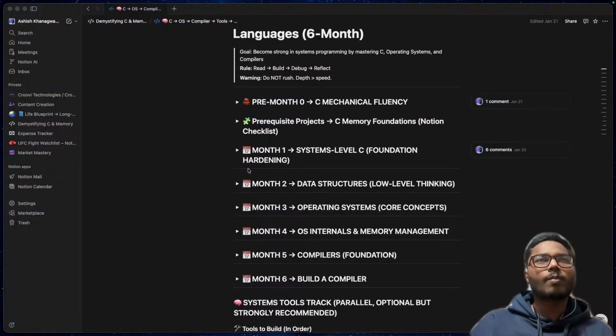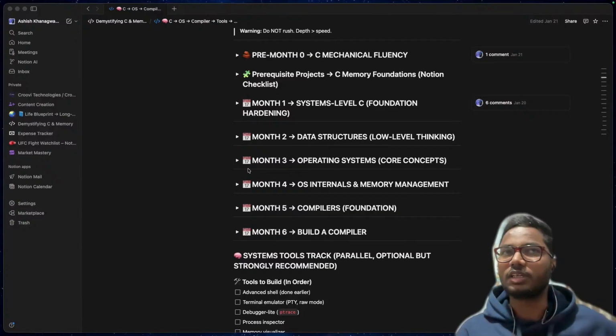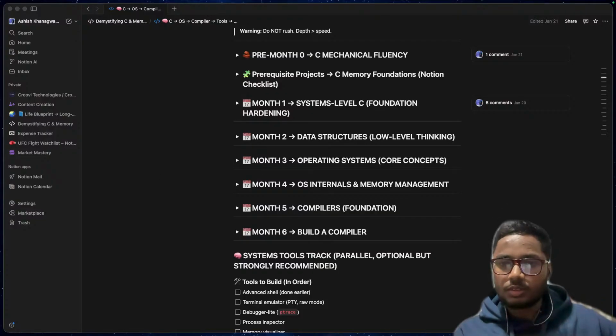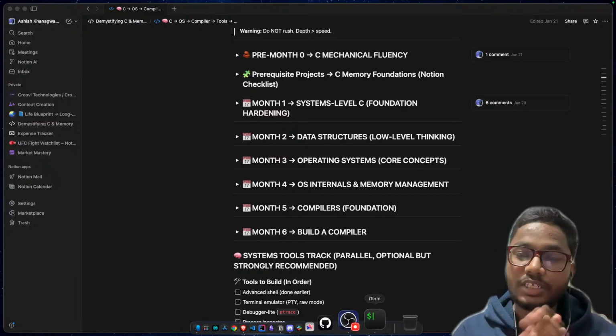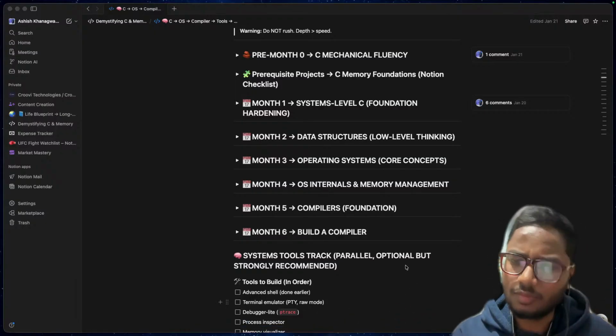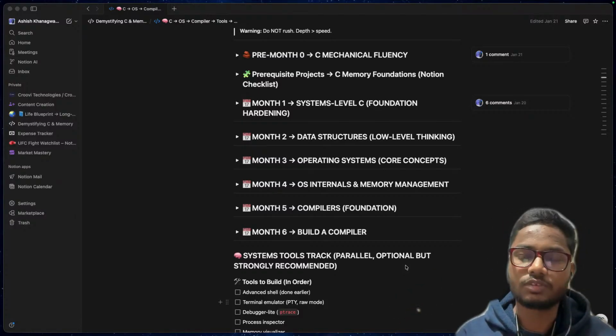It will take time because there are a lot of technicalities that come while building an operating system that we have to tackle. So this week I'll complete pre-month zero, which is all about C mechanical fluency, getting comfortable with memory ownership and understanding where data actually lives.